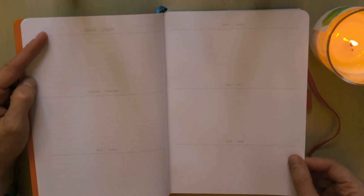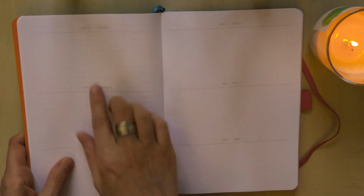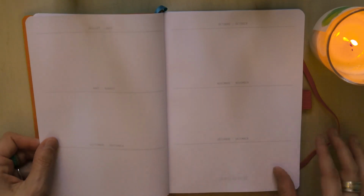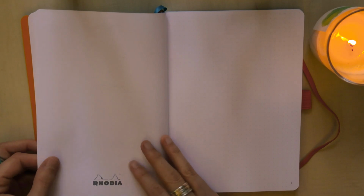So we have January through June. Again, it's unlined, but you can use the lines from the previous spread on this side of the page. You can't do it on this side of the page though. And then you have another spread here for the last 6 months of the year. And then we have a blank page that just has the Rhodia logo,